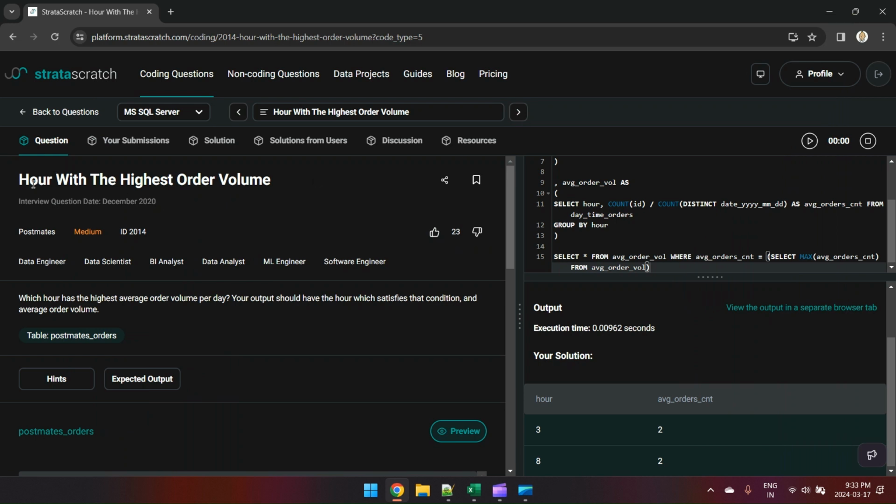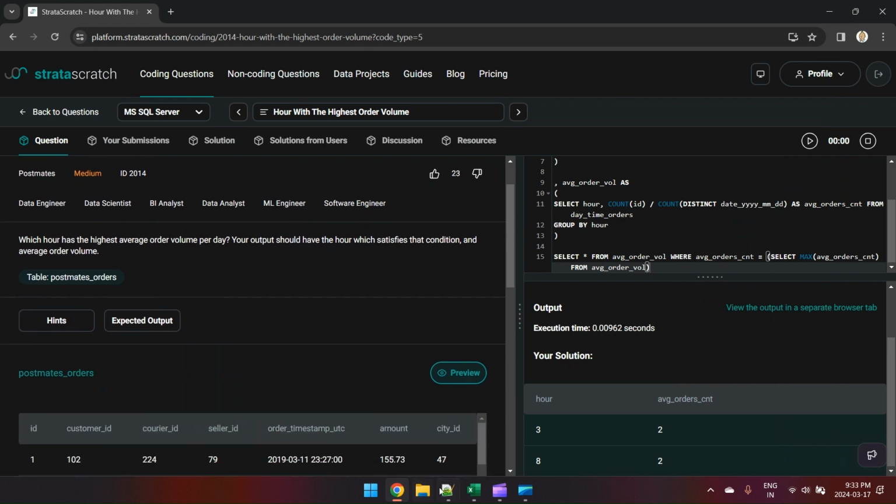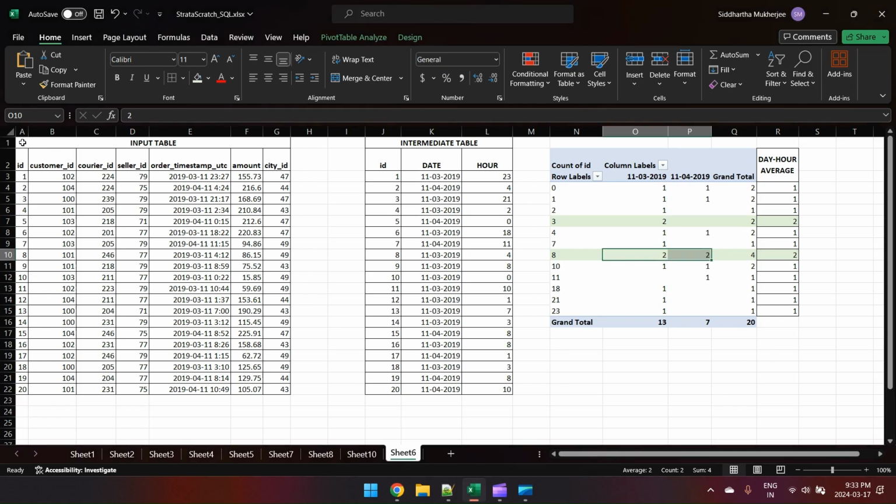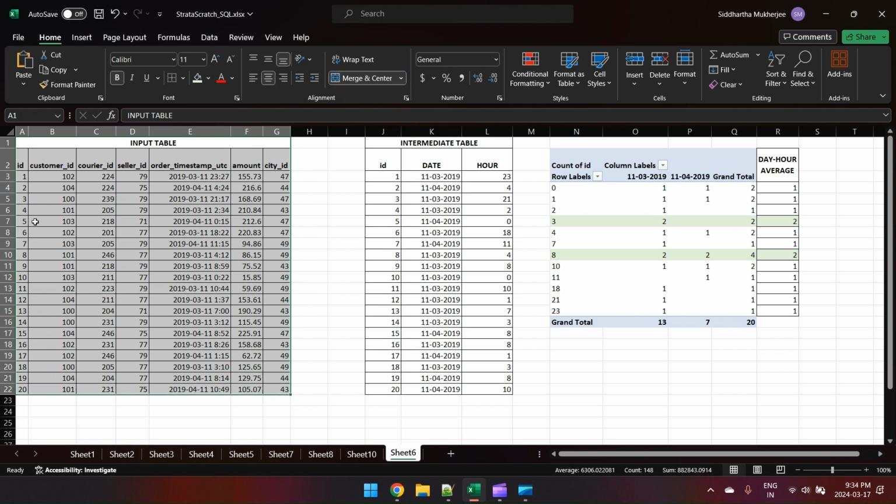The title of the problem is hour with highest order volume. As always, we shall start off by having a look at the input table. For convenience, I have exported the input table onto Microsoft Excel. So this is the input table, and for the purposes of this problem, we would be interested in the columns